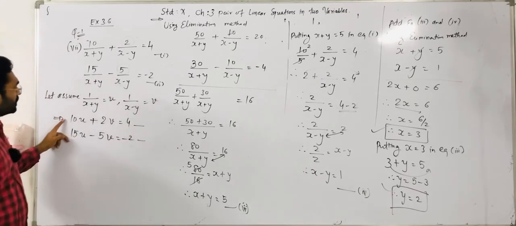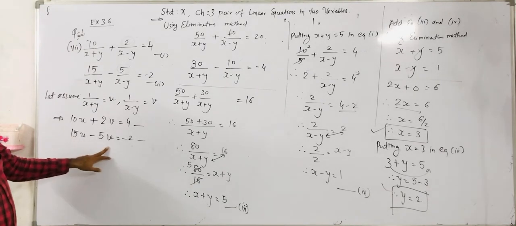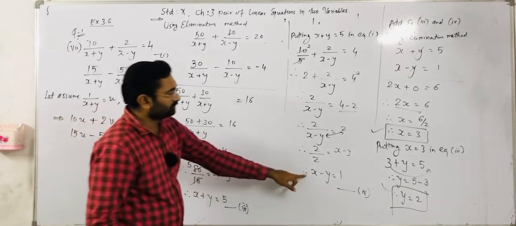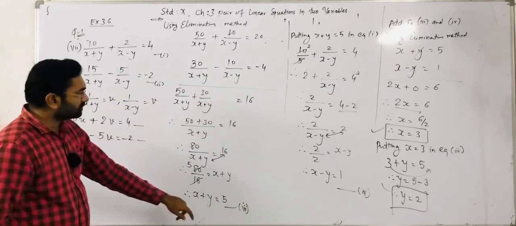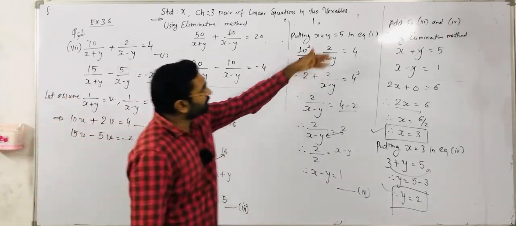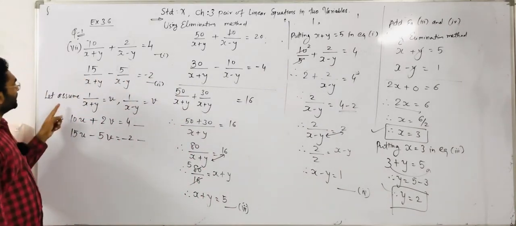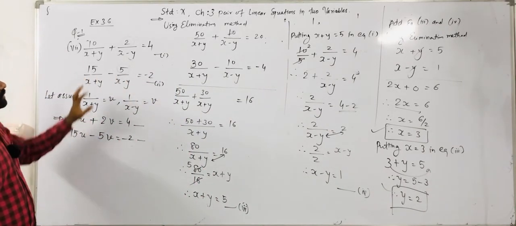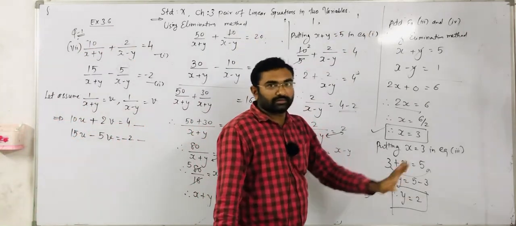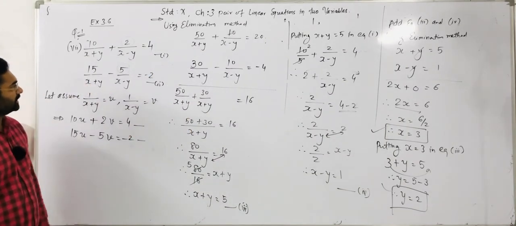Now you have to solve by the elimination method or substitution method and find the u and v values. Then put the u and v values back, so you get these two equations: x plus y is equal to 5 and x minus y is equal to 1. Then you again solve these two equations and you get your answer. As I told you, that method is a little bit long, but if you solve by this one, you get the full marks. So it is very easy.